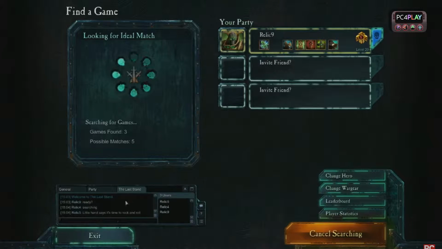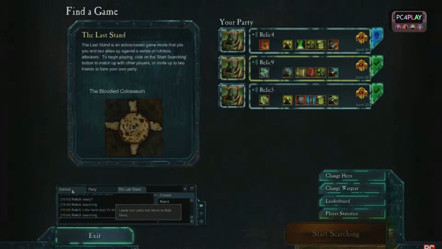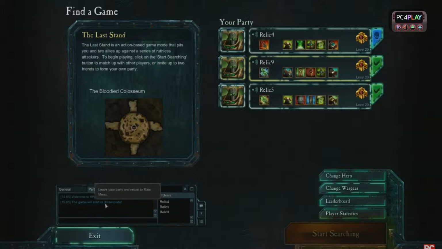So I should be searching. Little hand says it's time to rock and roll. So we're just searching. We should be able to connect to them. Sometimes it does take a little bit. We're on our separate build at the moment because it's on the beta build. We just have to search using the actual matchmaker. So here we go. It's just going to take 30 seconds for us to actually be connected into the game, which will count down here. But yeah, obviously Last Stand mode is